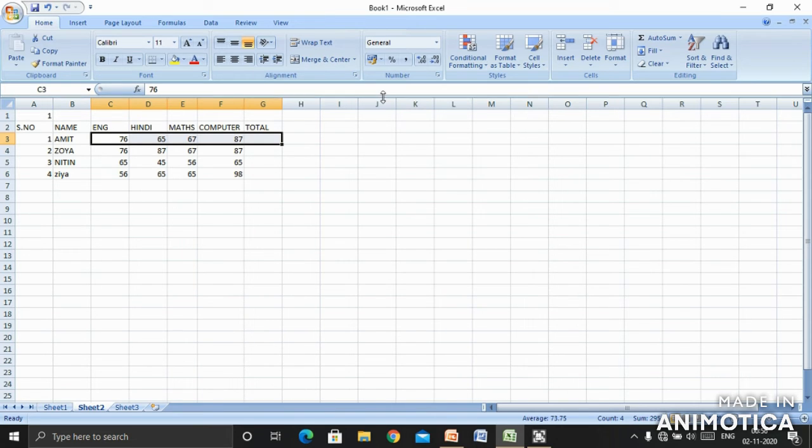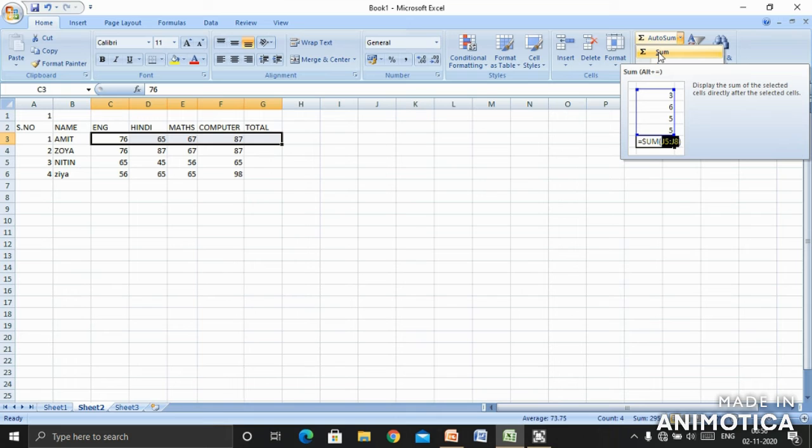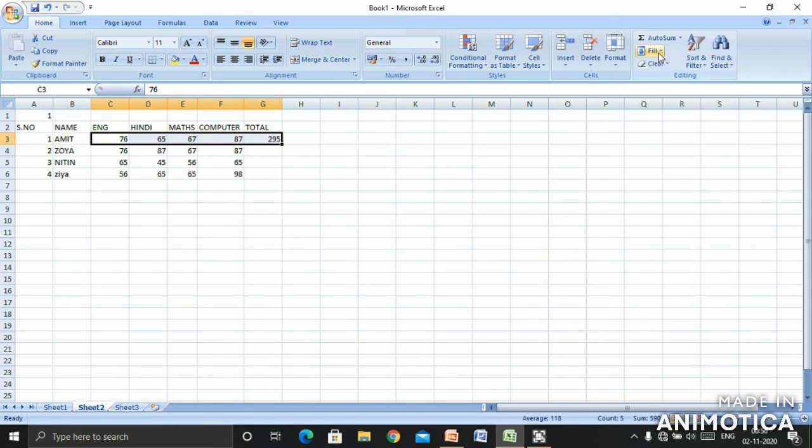You will simply go to the AutoSum function in the editing group. You may be asked which tab it is in. It is in the Home tab. In the Home tab, go to the editing group and click on AutoSum. Here Sum is written and you can simply click on the Sum button. You will get the result over here.